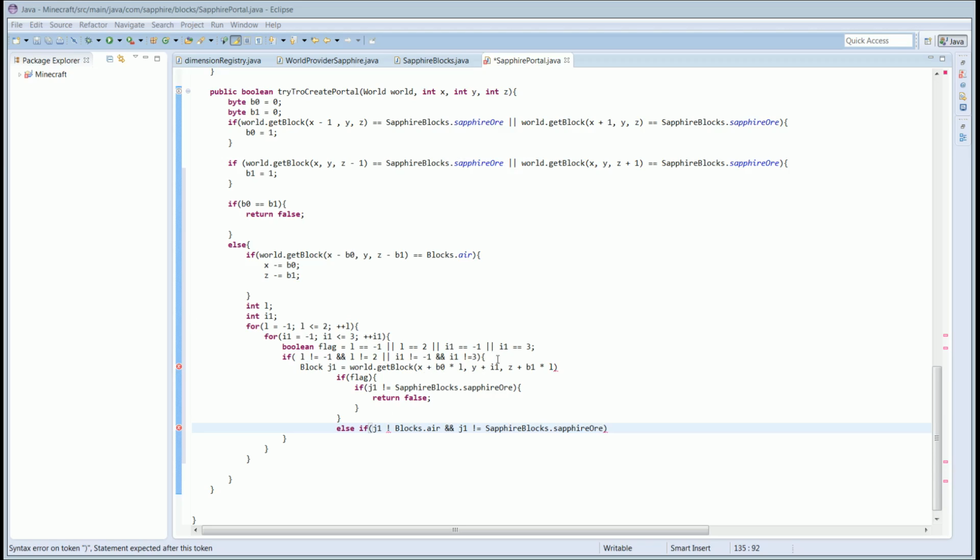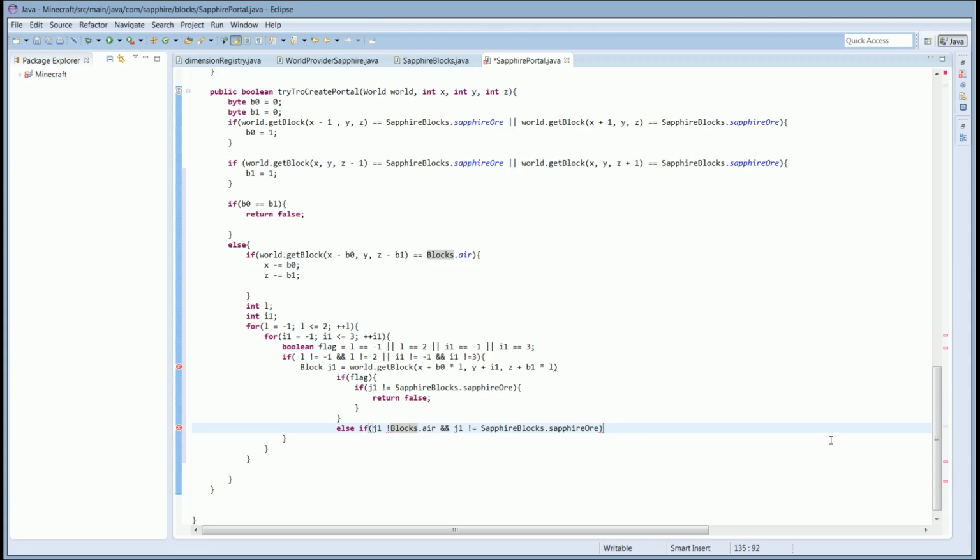The block to the, let me think, 1 plus 1. I believe that is the block to the right and to the top. It's the top rightmost block that you can have, and the Y would be behind it, I think. So if it doesn't equal the air and the block,